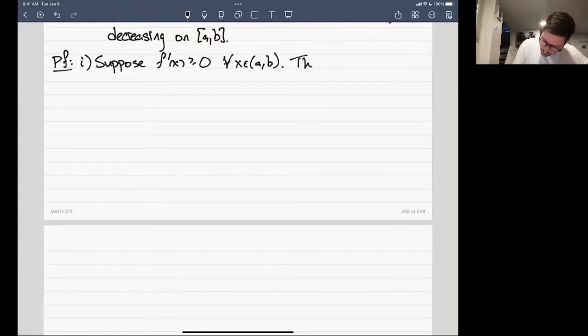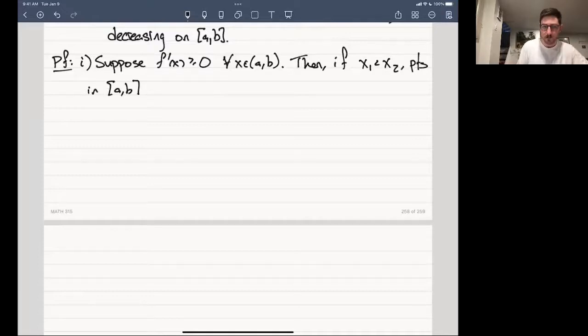So then if x1 is less than x2, and these are points in the interval [a, b], closed, the mean value theorem, MVT, implies